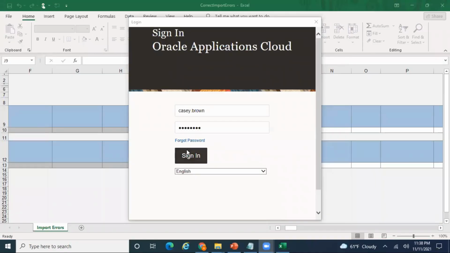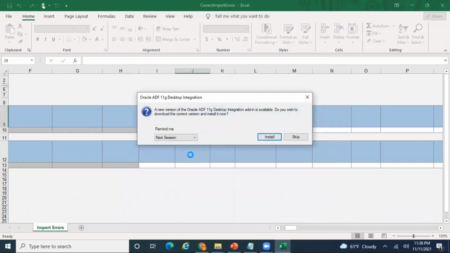I have entered my login credentials. It's trying to download a new version, an upgrade, so I'll just escape.